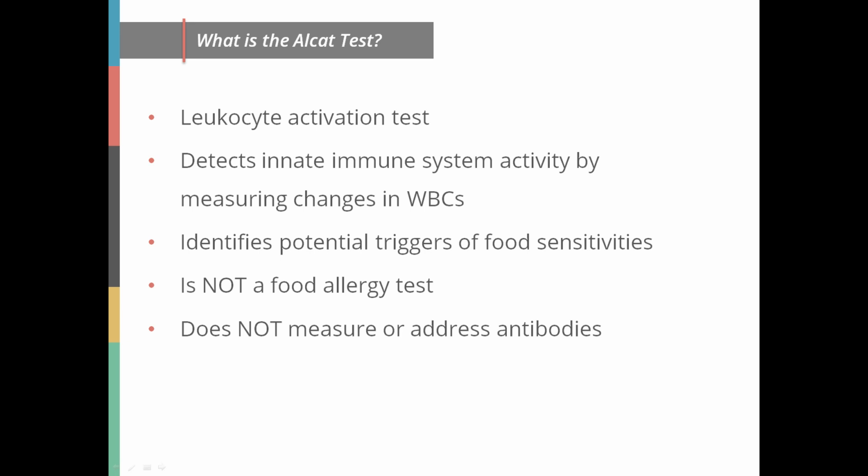The Alcat test is a leukocyte activation test. It is designed to detect innate immune cell responses to food extracts, food additives, and chemicals. It is not a food allergy test and does not measure or address the presence of antibodies. Later in this module, you will see how the Alcat differs from both IgE antibody testing, which is indicative of true food allergy, and IgG testing, which is more reflective of an actual tolerance to a food versus an intolerance,